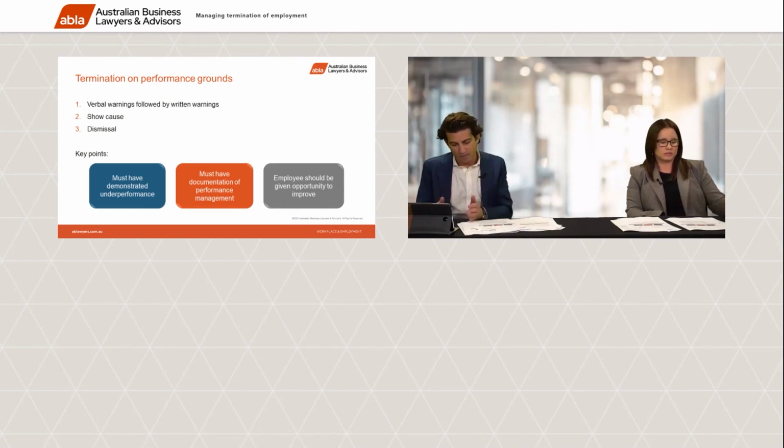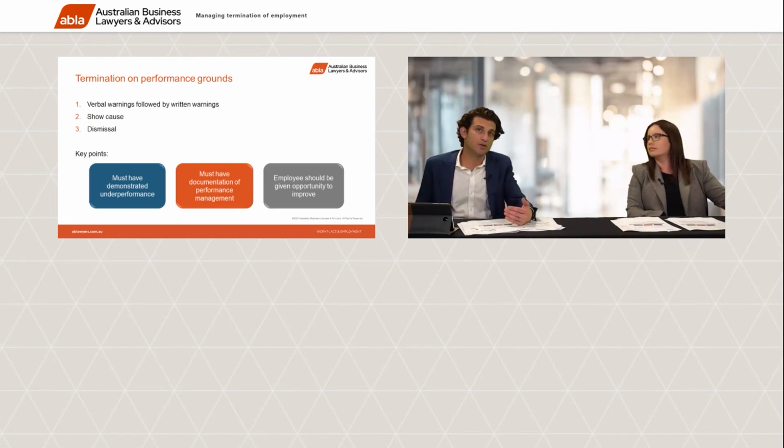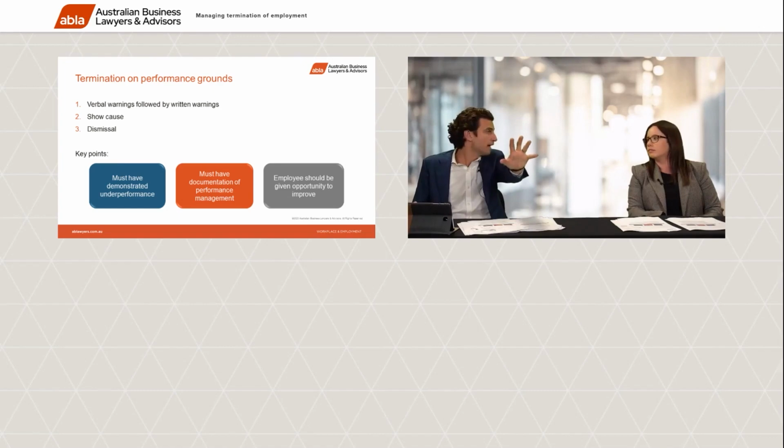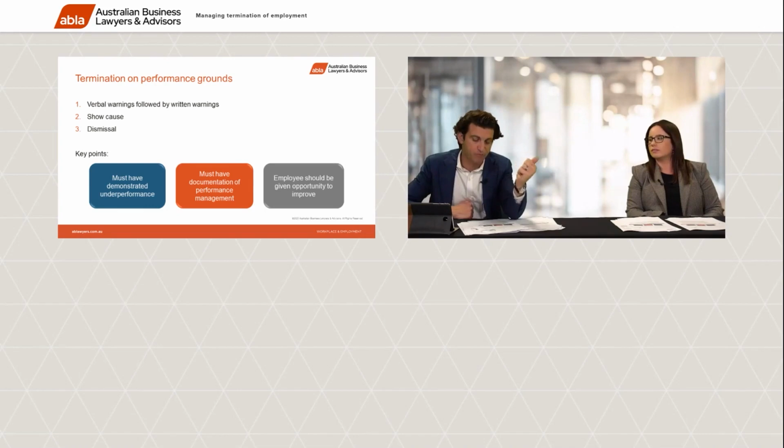claims. If someone does not have access to unfair dismissal laws, then you have much greater liberty in terms of moving quickly, and you really need to just focus on these notice obligations. But if they have unfair dismissal access, what the Fair Work Commission will expect are a few things. One, the performance grounds and these concerns are sufficiently serious to demonstrate that the person really can't capably do the role. Two,